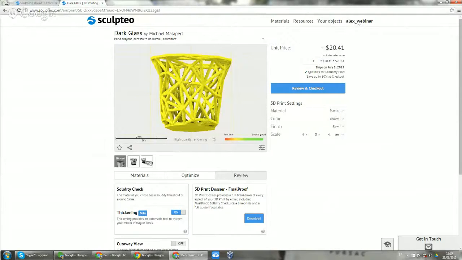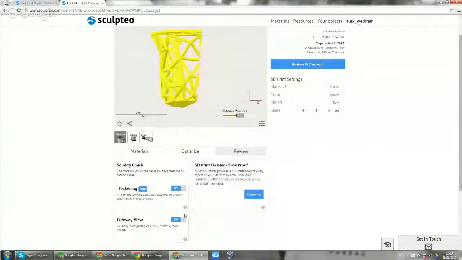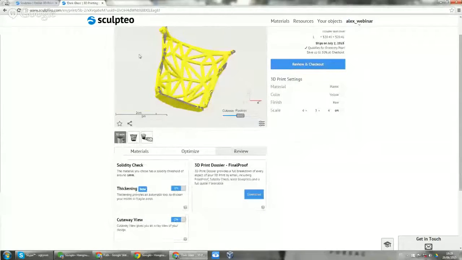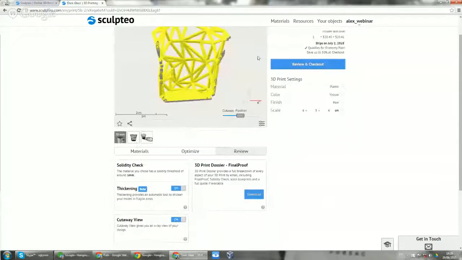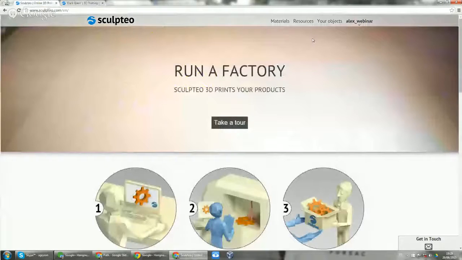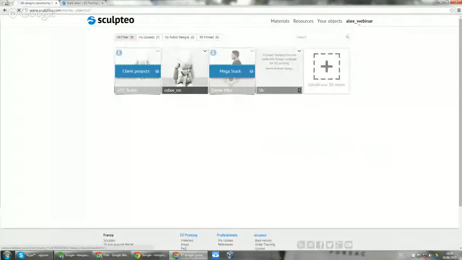So here we are. We're rendering the heat map of solidity that I was talking about earlier. And everything looks good. But I can also do a cutaway view here. What the cutaway view does is it basically gives me an inside view. It's not very interesting with this model, but if I look at the robot, for example,